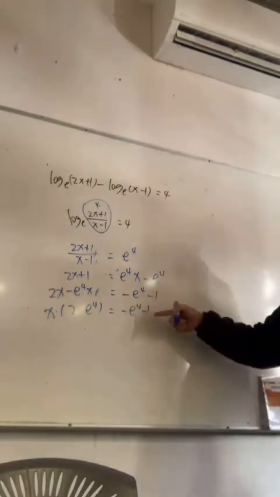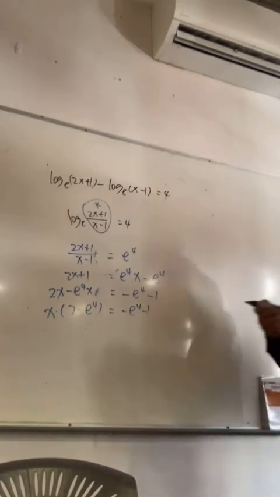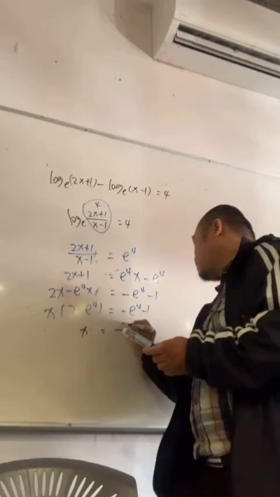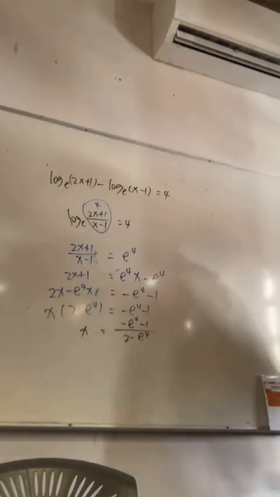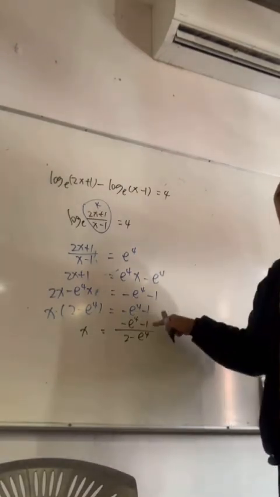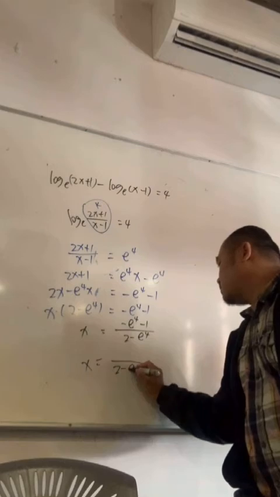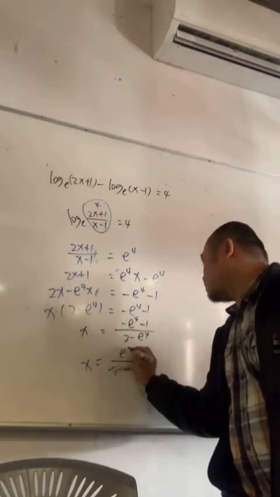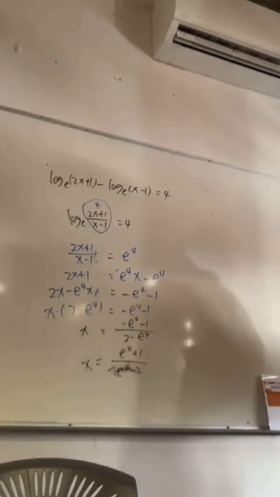Now we can solve for x. How do we solve for x for the last step? We simply divide by this guy. Okay, there you go. Or if you think this is not handsome enough, you can do